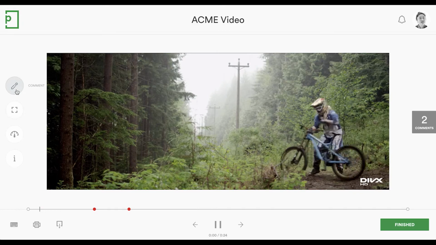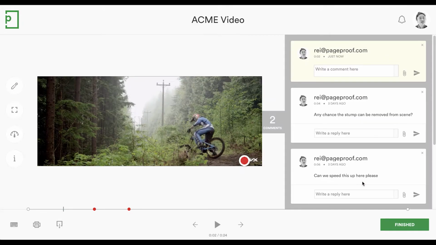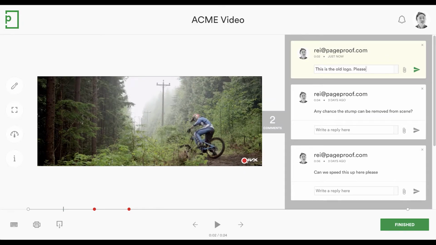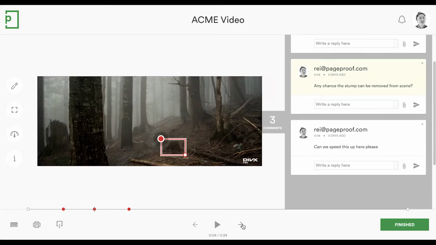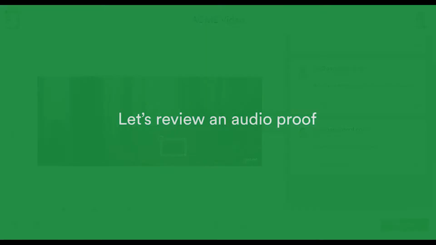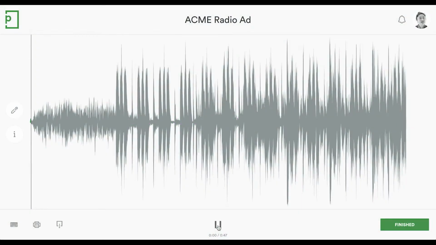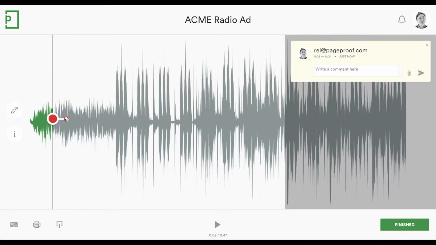If any mandatory reviewer is holding the proof up, they can be skipped, letting the proof move on through the workflow. Let's quickly look at the reviewing experience if the proof was a video. The red pen is used in the same manner. Each comment contains the time code of the video, meaning the video editors can quickly jump to where edits need to be made. On audio proofs, a waveform of the music, podcast or radio ad is generated. Again, the red pen can be used to add comments anywhere on the proof.